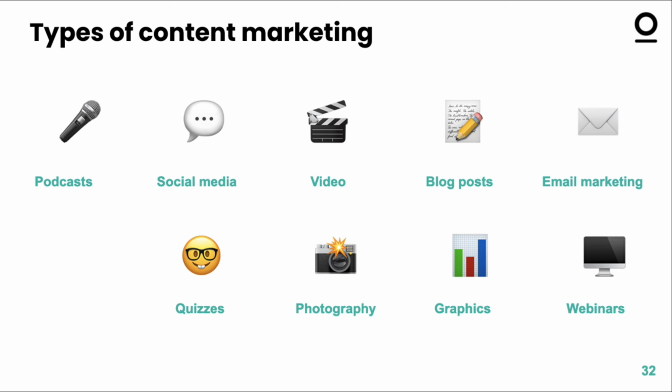Next is video. Video like this. So we'll upload this video to our YouTube channel. We'll be promoting it across our different social media channels as well and in our email newsletters, plus embedding it on our website. So video itself is very versatile. In fact, probably even more versatile than podcasts, because from a video file, you can create a podcast from that video, which you can't do the other way around. So video actually should be one of the top types of content that you look to create in your content marketing activity.